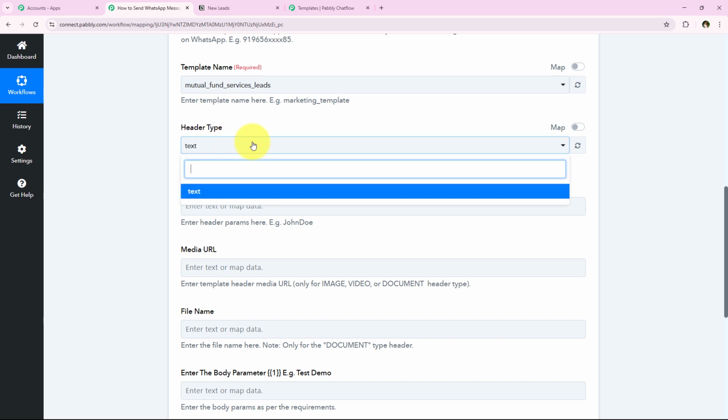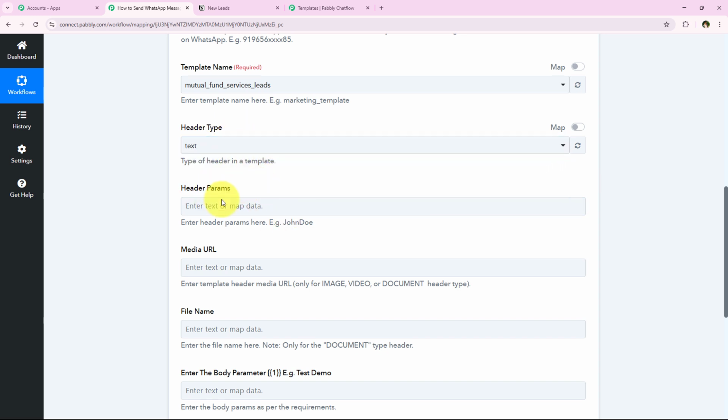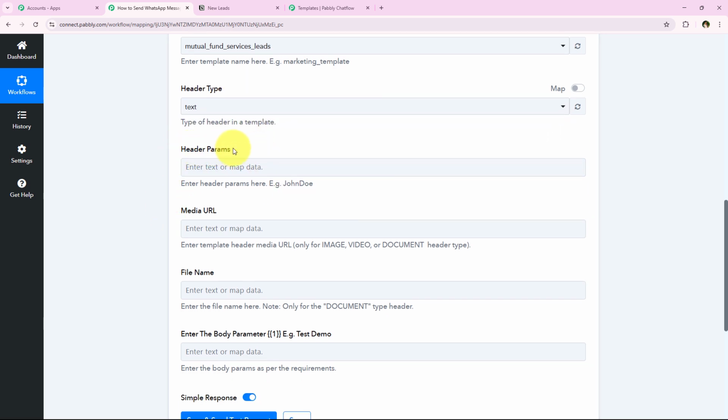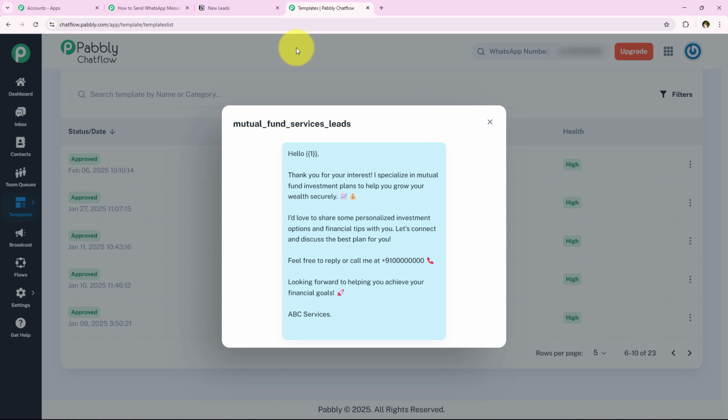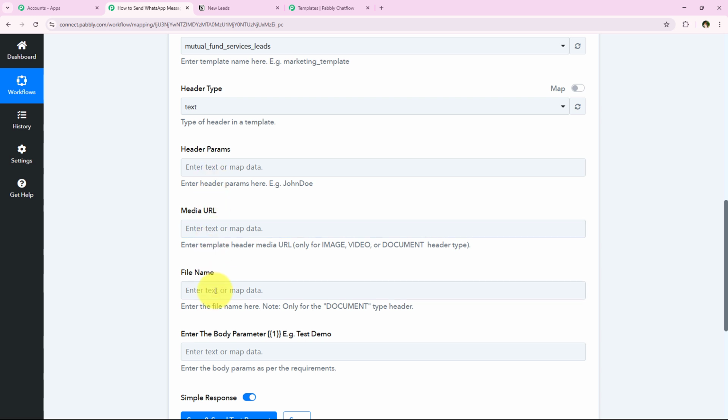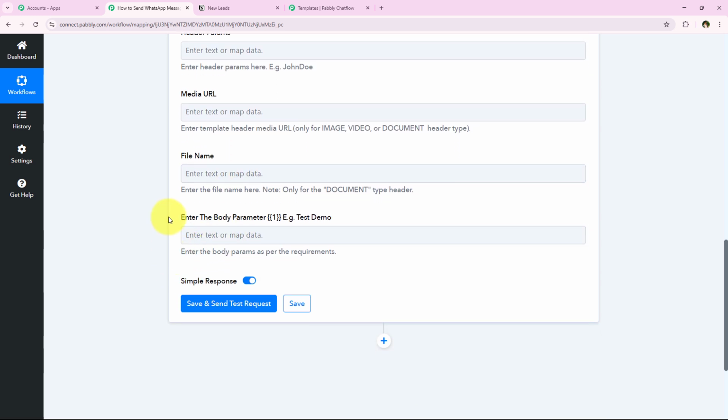It is saying header type, so over here it is text only. I'm just going to select the same. It is asking me for the header parameters, media URL and the file name. As you can see that in my template we don't have any header, file or media URL. So over here I'm just going to leave all of these fields as blank and move on forward towards the